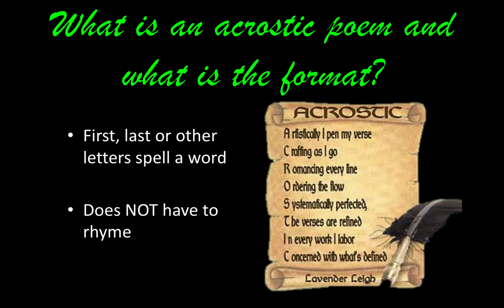So you can see on my example here that acrostic is spelled out vertically. So if you look at this vertically, you can see the word acrostic. And then horizontally, you're going to see descriptions of that word. And a lot of times I see one word acrostics where each letter has just one word attached to it, but you can, of course, do what is done right here in the example where it's a full sentence and